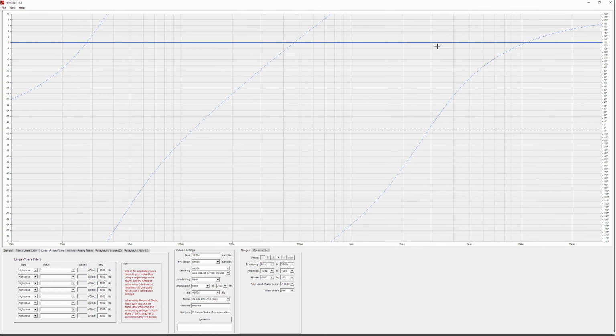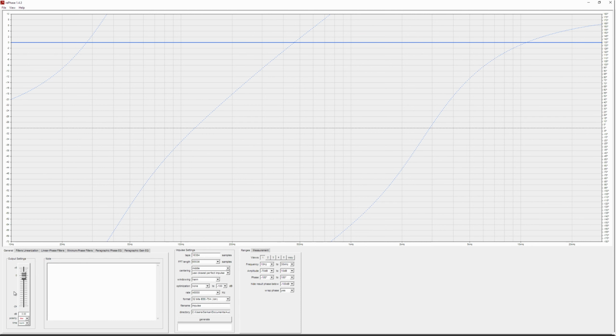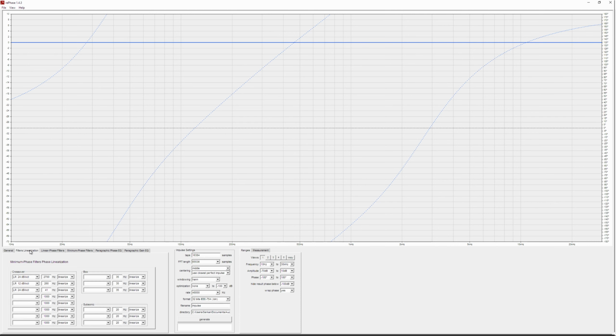It's quite handy. So the filter linearization for my speakers: one fourth order Linkwitz Riley at 2700 Hz, one second order Linkwitz Riley phase correction at 260 Hz, one for the box at 41 Hz, again fourth order, and all of these are polarity inverted. These are the phase correction for my speakers crossovers and the ports.